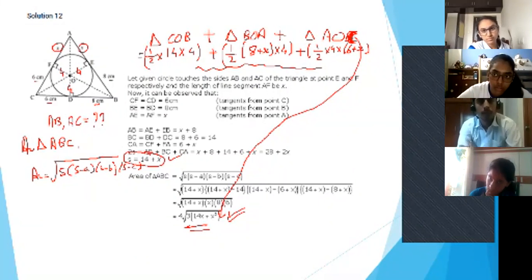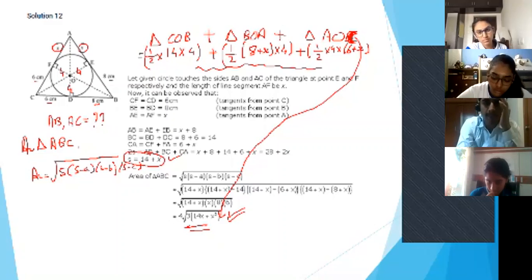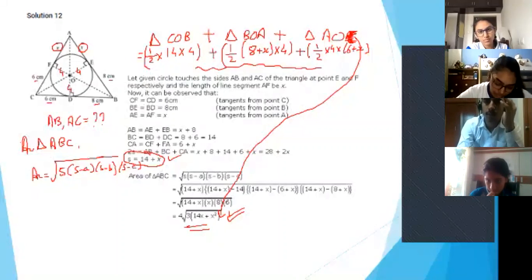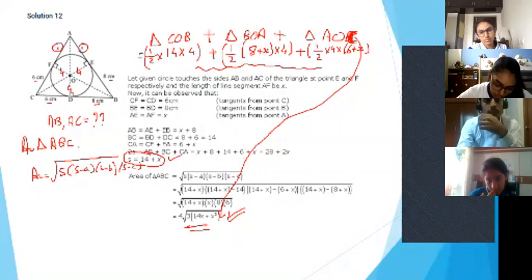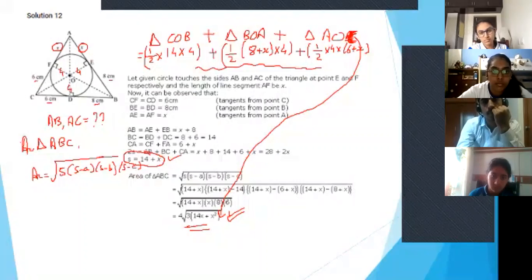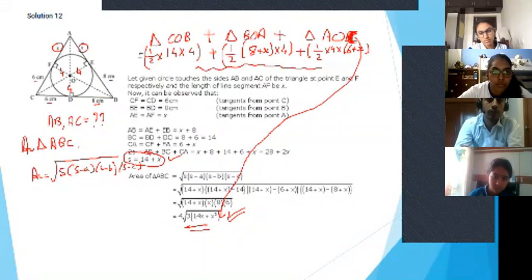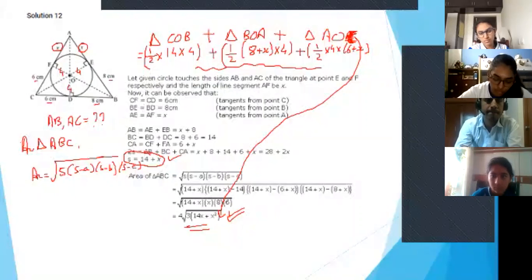Perfect. But there, Daniel, if you take ACE and BCE, instead of breaking them into 3 parts, you have broken it up into 2 right angle triangles. Wonderful. That can also be done. Did others understand what Daniel said? Yes, ma'am, I understood. You can find CE, then you can find the AC like that. Again, it comes to the same thing. Perfect. Very well said. So instead of breaking it down into 3 small triangles, he has broken the whole big triangle into 2 small right angle triangles, found out the hypotenuses by Pythagoras theorem. Very good.